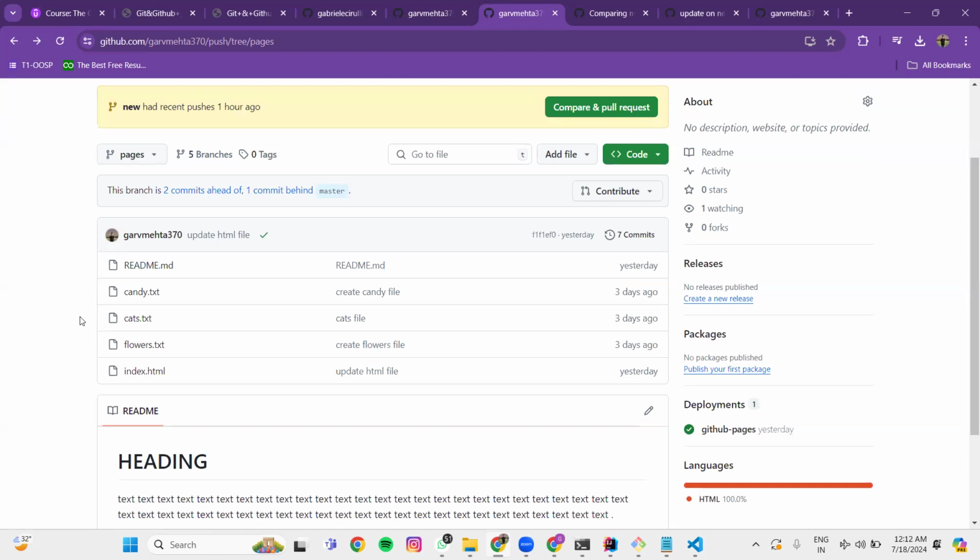Now, while making a pull request, there can be conflicts also. For example, in the master branch, I make changes to a file, and also in a new feature branch, I make some changes. So while making a pull request, that will also create a conflict. So for example, in this new branch,